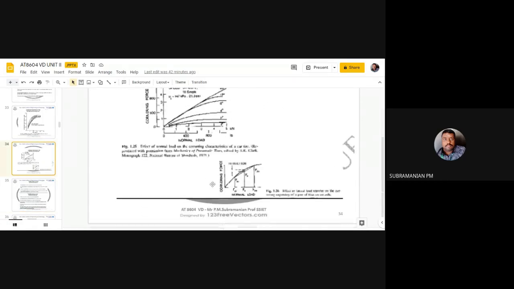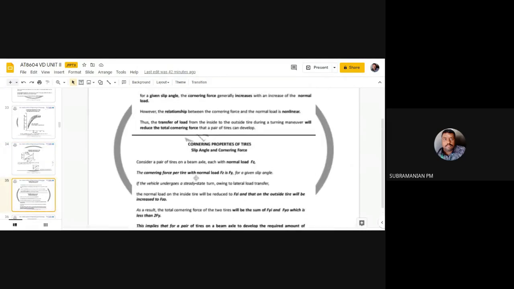You can see in the sketch the load on the outer tire and the inner tire. When I make a turn, what will happen? The load will be transferred from the inside to the outside. So when I am going to